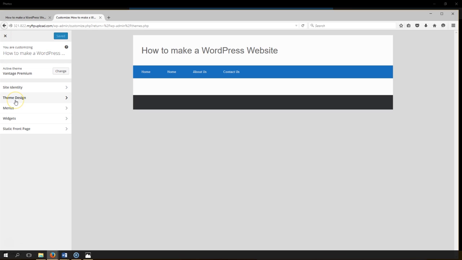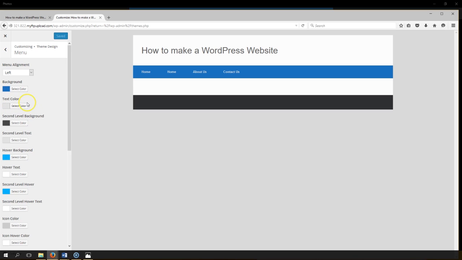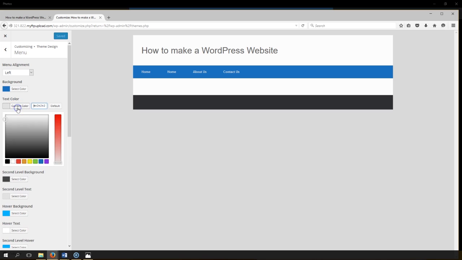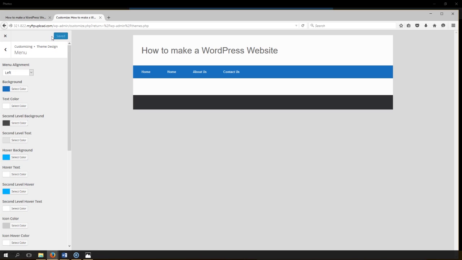You don't have to keep starting over, but you're basically in theme design, and then you're in menu, and then text color is in the same spot. Let's just say we want our text color to be white. Hit save and publish. Okay, hover background color, pretty much the same steps you follow, but whatever color you want